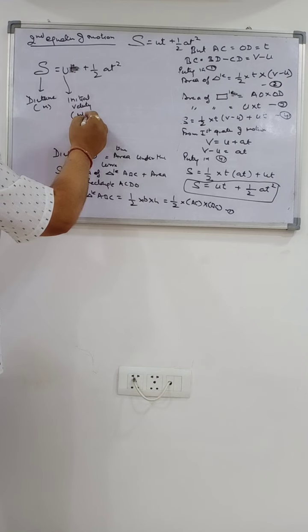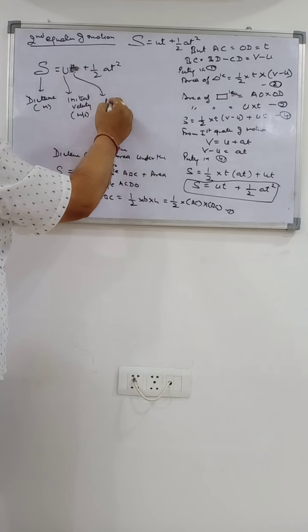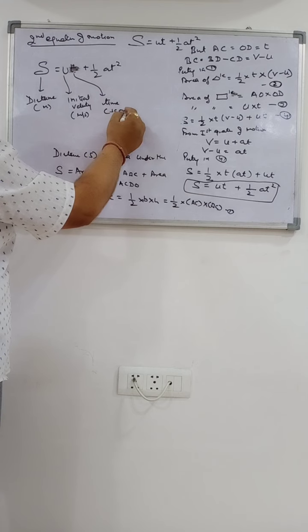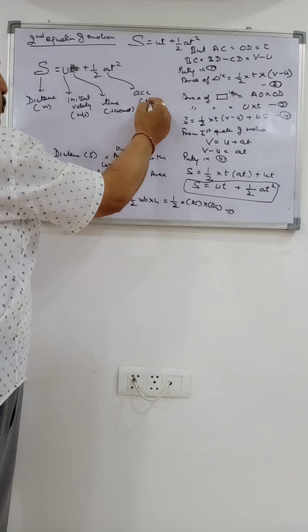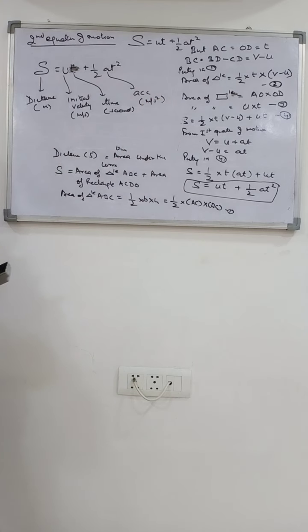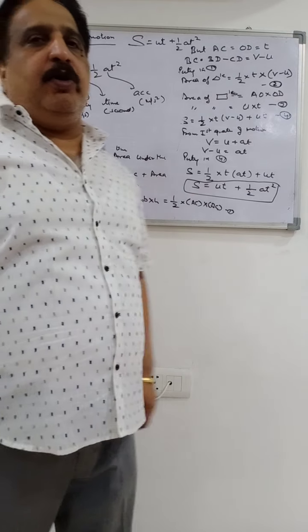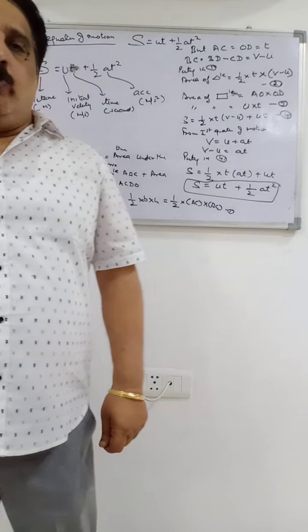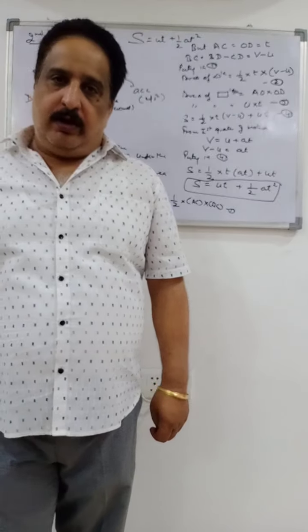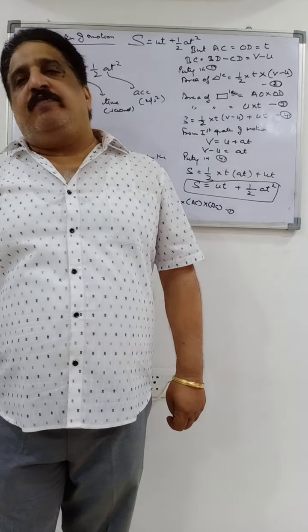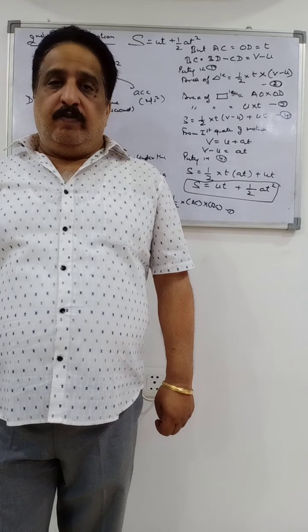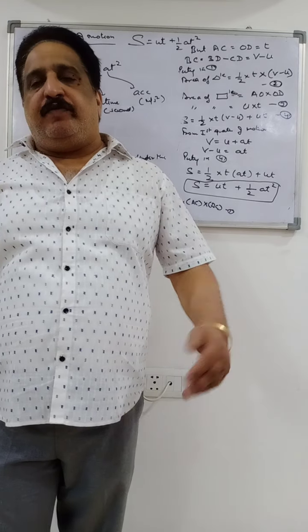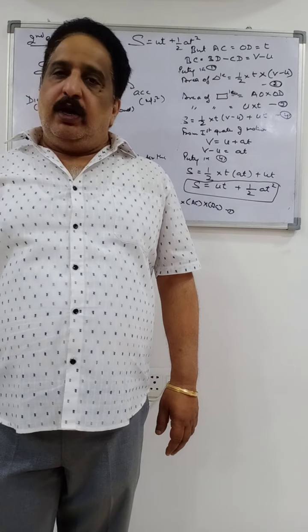Its unit is meter per second. What is T? T is the time in seconds. For numericals, you have to remember this. A is the acceleration in meter per second square. So you have the second equation, S is equal to UT plus half AT square. I hope you might have understood this. We'll now move on to the third equation of motion, which is just similar to this, with a bit of difference in putting in the values. Is that clear?